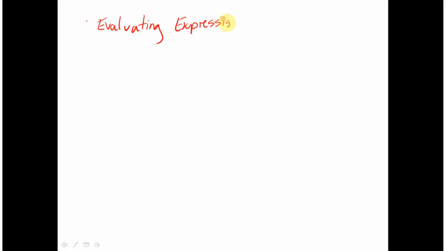Alright, so we're evaluating expressions. And when I say evaluating expressions, we're going to have an expression, and we're going to have a value to plug in for our variable, or to substitute in for our variable, and we're going to figure out what the expression is worth when the variable is worth that amount. So here's our first expression. It's an algebraic expression because it has a variable in it, the letter x, and we're going to evaluate it when x